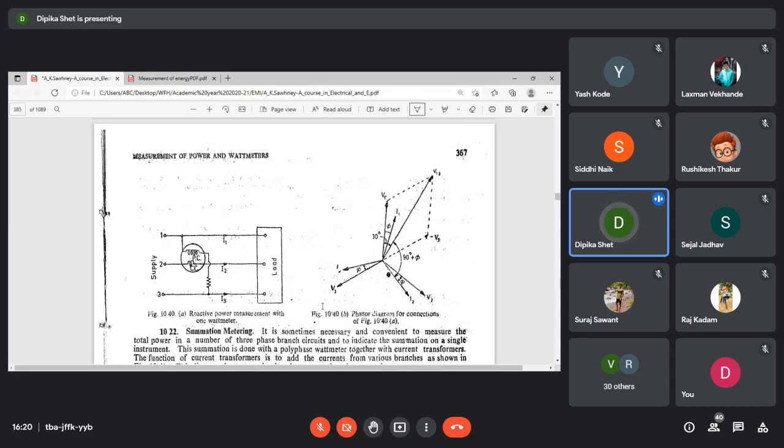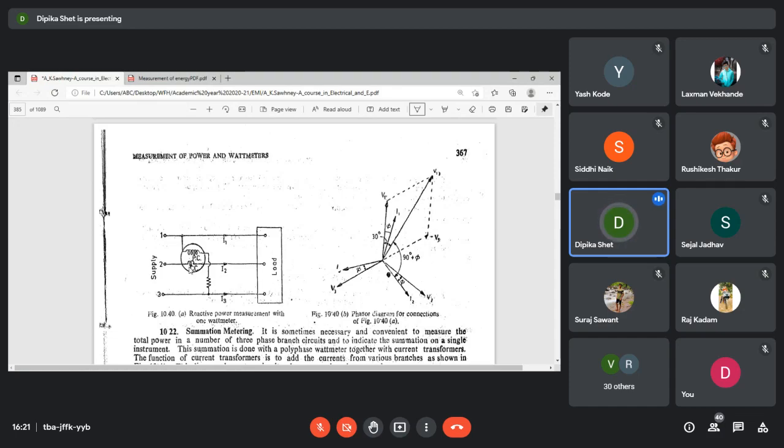So, in case of a balanced three-phase circuit, it is simple to use a single wattmeter. Also if the load is balanced, then by using the same single phase wattmeter, the three phase reactive power can be measured. Only its connections will change. So see here how it will be connected. In this case its current coil will be connected in series with any one of the lines.